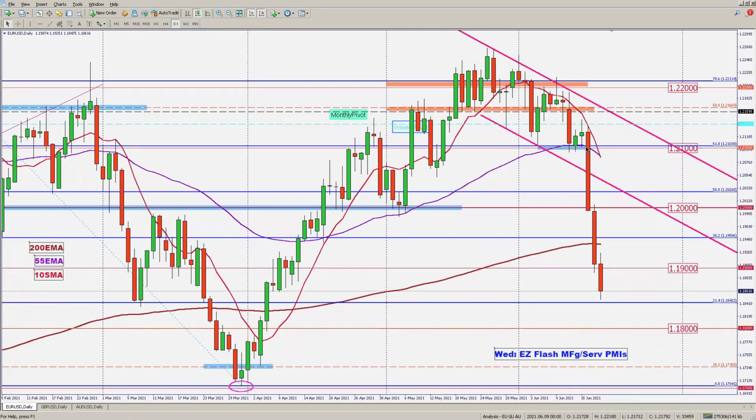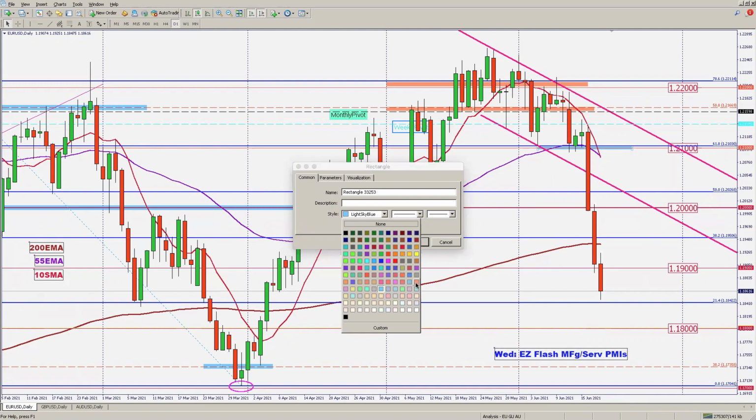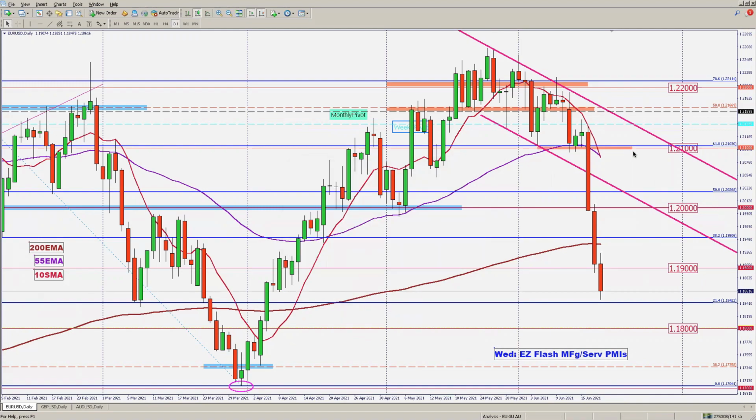And you can see that it's fallen through the support at 121. It was at the daily 55 EMA as well. Let's change this to resistance zone now. And it fell through to 120 at the end of Wednesday, followed through on the Thursday, blasted through the daily 200 EMA and hit the 119, next round figure.